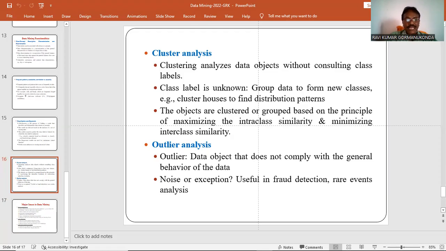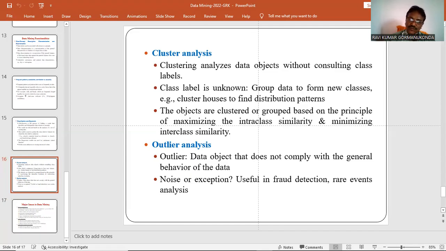And one more, outlier analysis. Outlier means a data object that does not comply with the general behavior of the data. For example, noise or exceptions, some deviation.